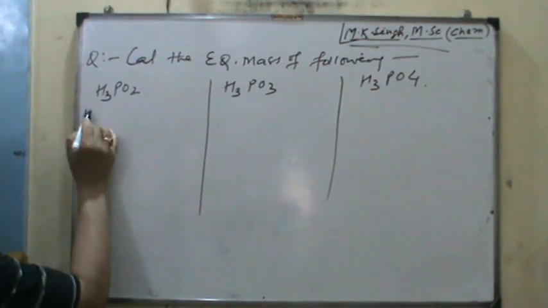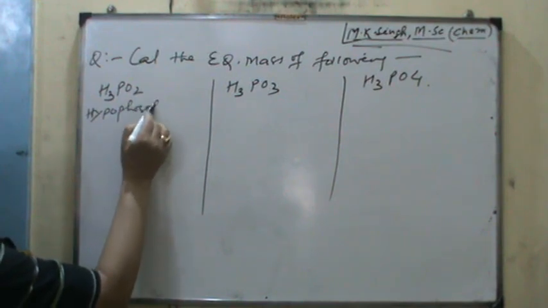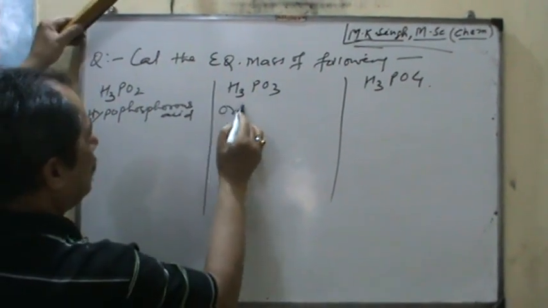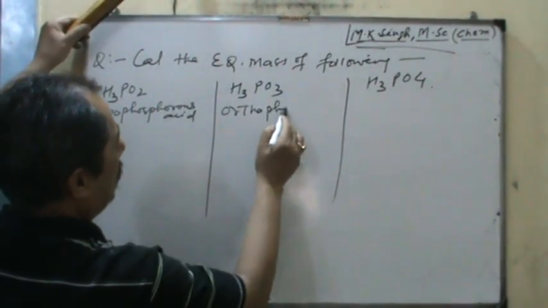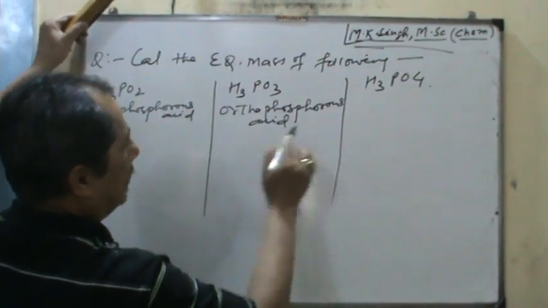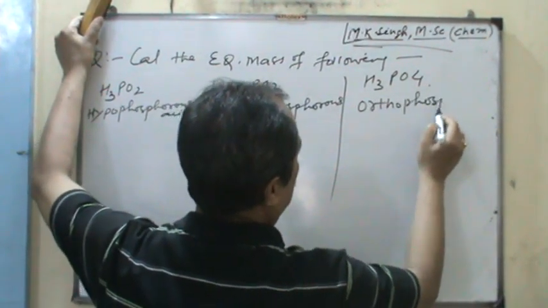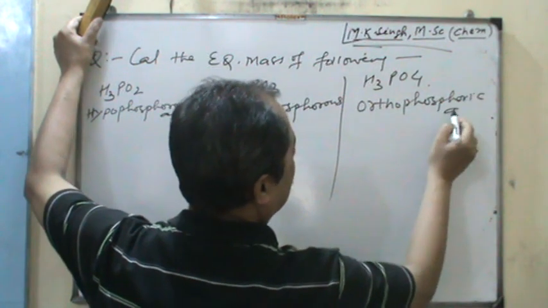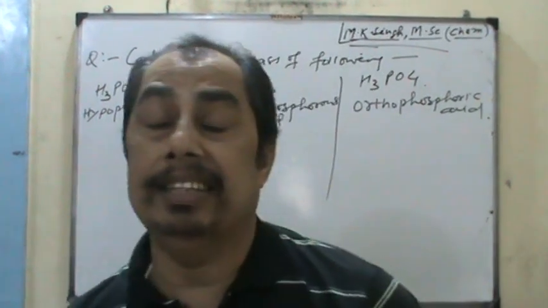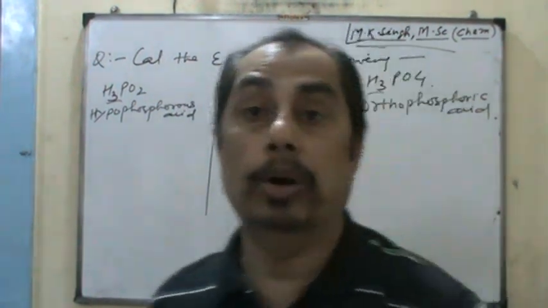It is called hypophosphorus acid, orthophosphorus acid, and dear students, it is the orthophosphoric acid. So it looks like each one of them has 3 replaceable hydrogen ions, but actually not, because